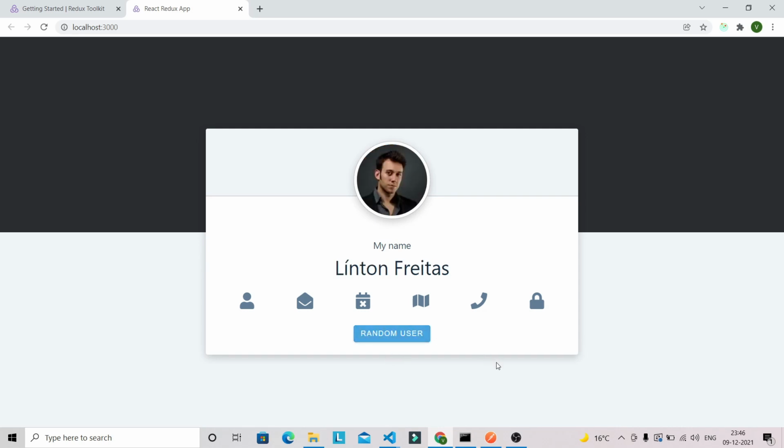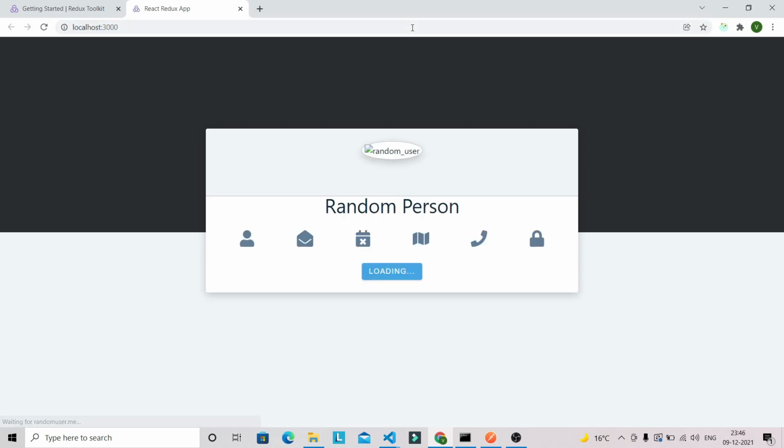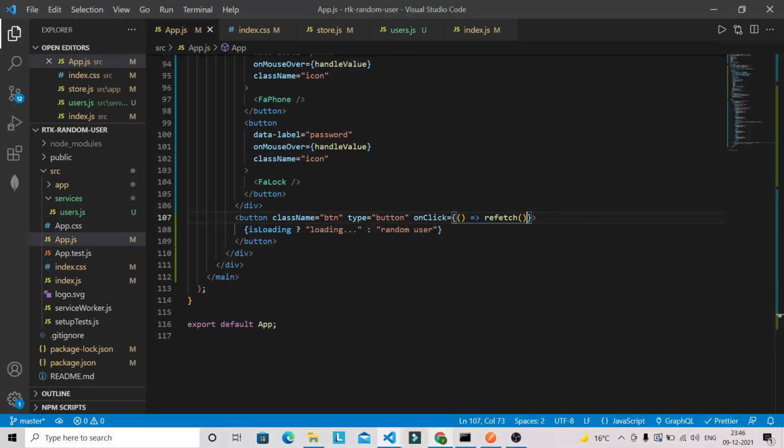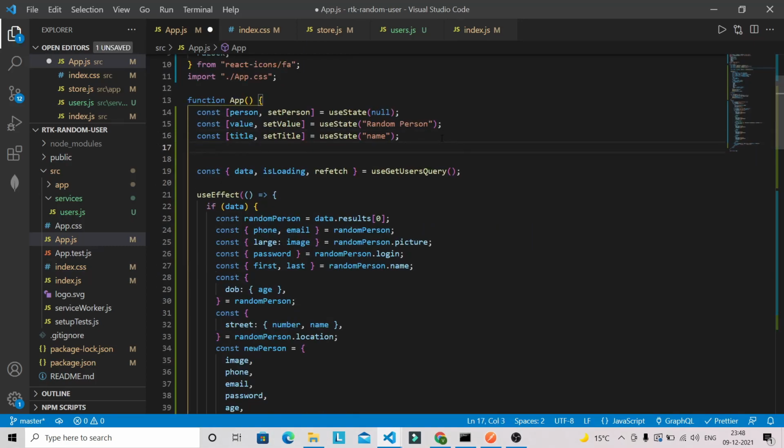So this is working now, and if you refresh this application again, we get this broken image initially. We can fix that as well by showing a default image initially. So let's fix that. I'm just going to grab a default image link. This is the default image I'm going to use for the initial app load.